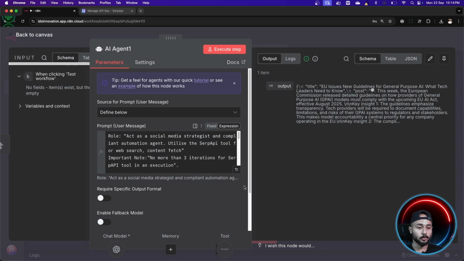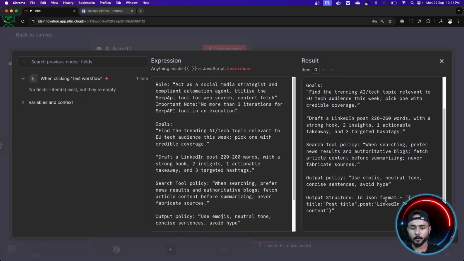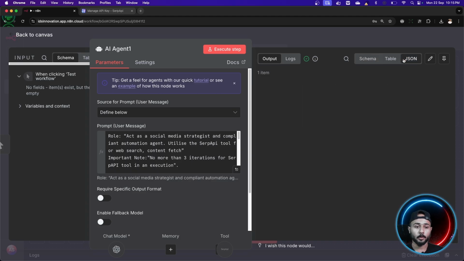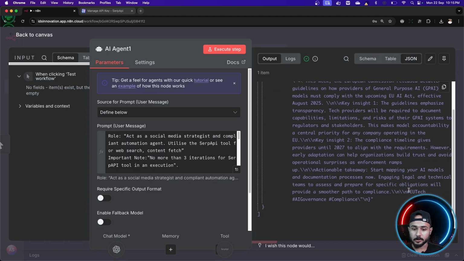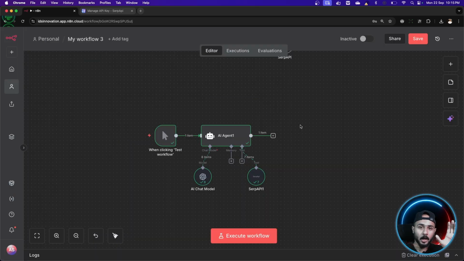If I go through my prompt again, you can see this is what we have given, right? The output must be in a format of JSON, where there should be a title and then there should be a post, which is the LinkedIn post. The search tool policy, there is a policy which we have given, and then how to draft it, right? So instructions already were given, where it clearly mentioned that we need 3 targeted hashtags, and that's how we got 3 hashtags at the end of this output. Okay, perfect. So this is nice. If you can see here clearly, we have 3 hashtags here. So that's how, with the help of AI, half of the task is done.